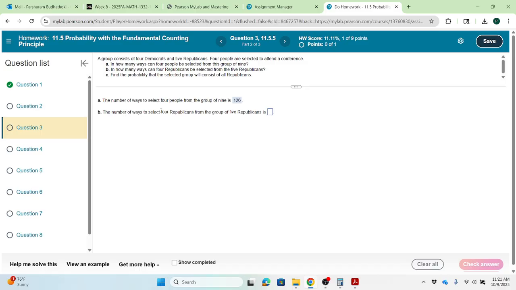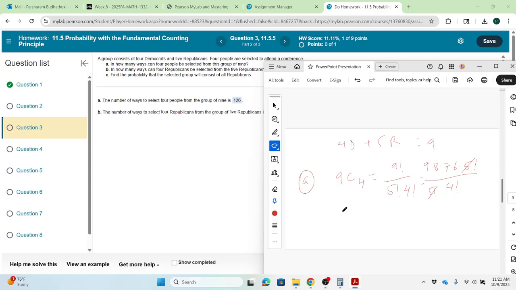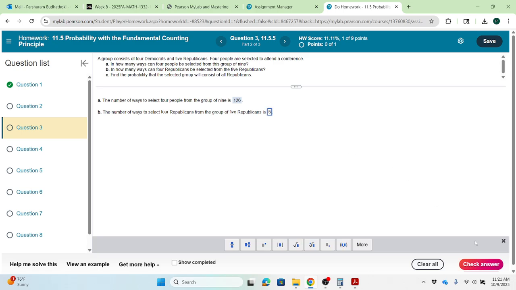The number of ways to select 4 Republicans from the group of 5 Republicans is a combination of 4 out of 5, which is 5 factorial divided by 1 factorial times 4 factorial, which is 5. If you simplify this, it's 5. So there are 5 different ways to choose 4